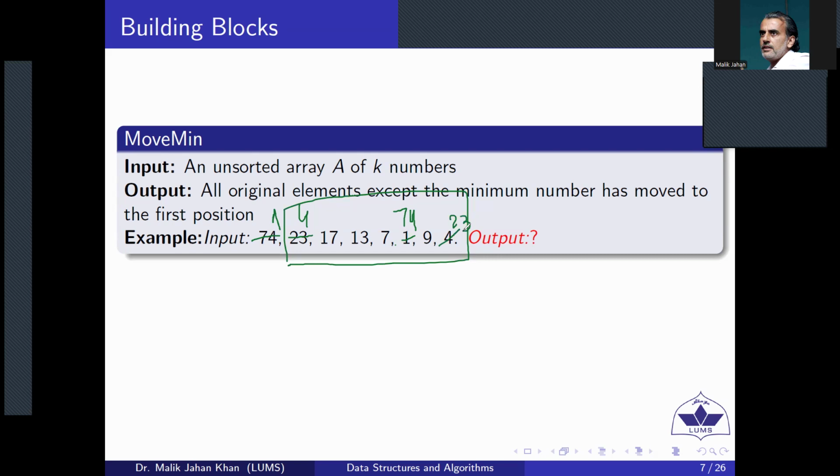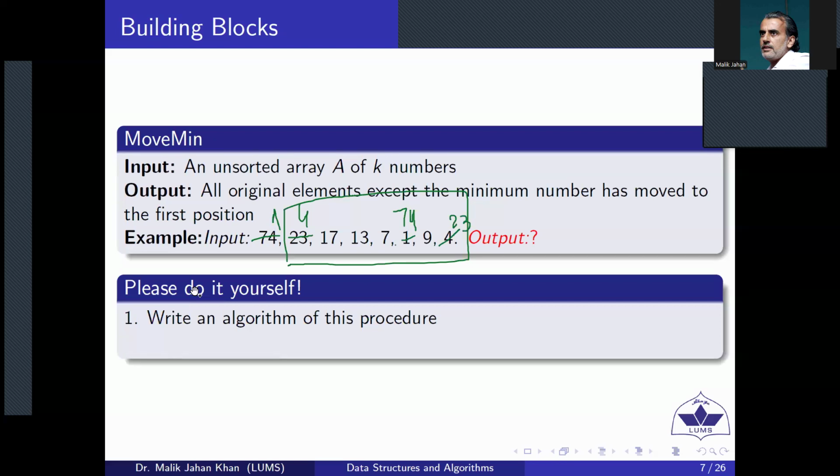Now we keep on doing this whole exercise again and again until we reach the last element, which does not need any comparison, and that would be at its right place. So move min can be called again and again to sort an array. As part of your exercise or homework, try to write this algorithm in a neat fashion, preferably in the form of